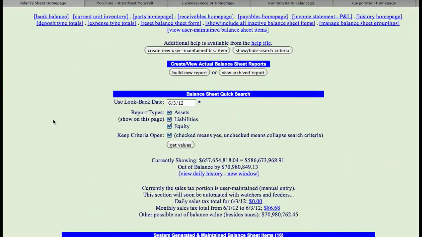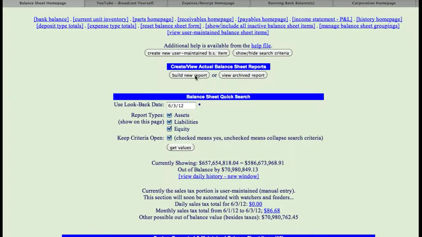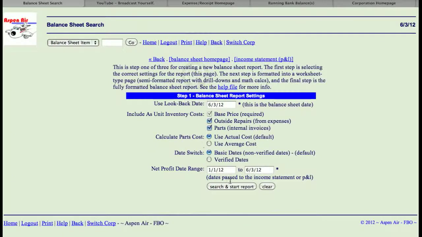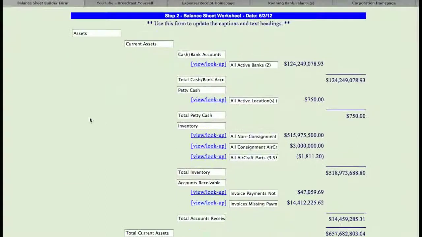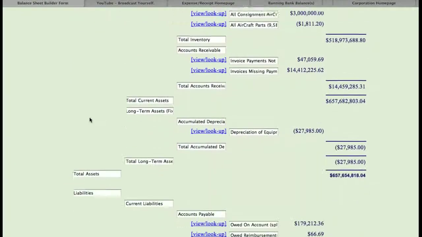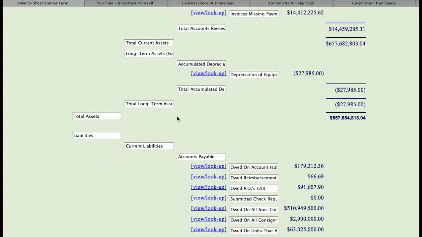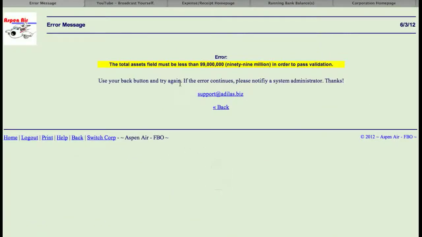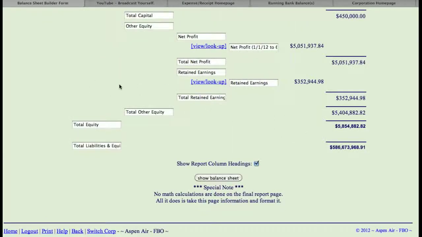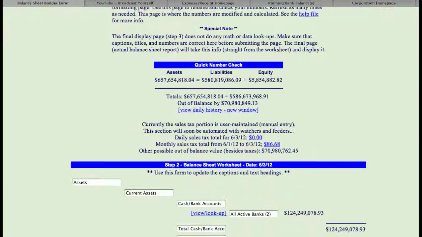trial balance, and if you want to actually build the actual report, once you have the numbers correct, you would go to Build New Report, and then you would search and start your report, and it would show you once again all the data that came through with the fields open for if you want to change any of the naming convention, and then you go down to the bottom and you say Show Balance Sheet. And it happens that this balance sheet, the assets are larger, so I would have to make some adjustments, but